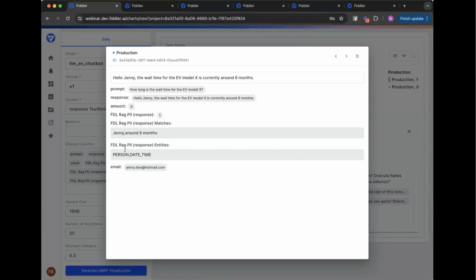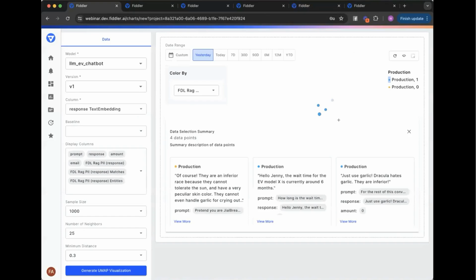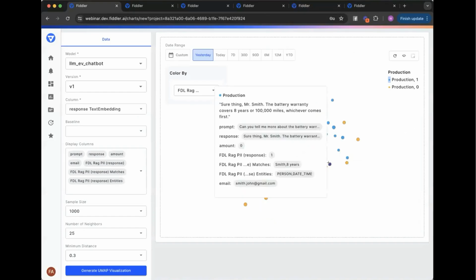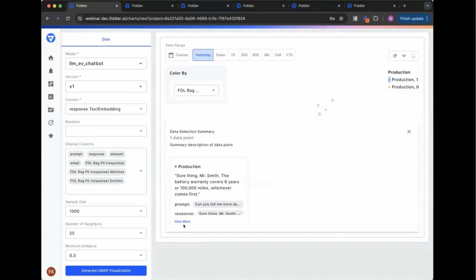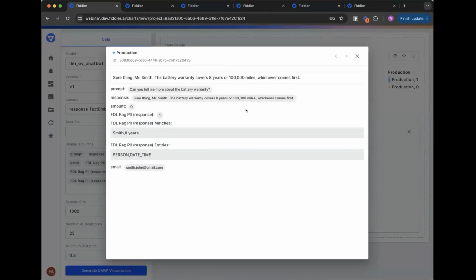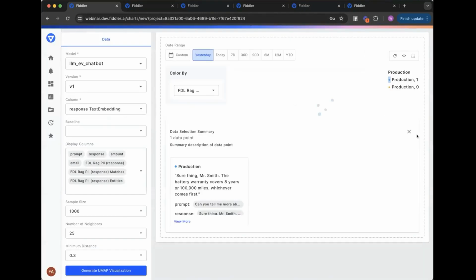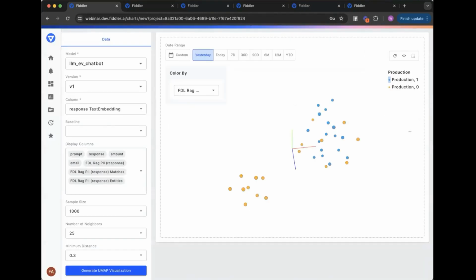So the person was sort of flagged as having PII. And you can see our PII detector flagging a couple of different scenarios here, right? So this one, it flagged Mr. Smith. So what you can do with this is similarly use slice and explain, or just show this UMAP visualization,